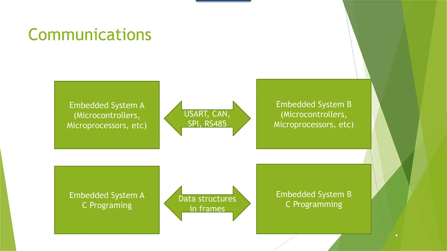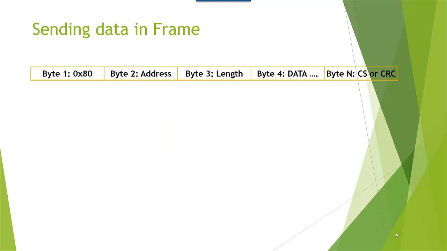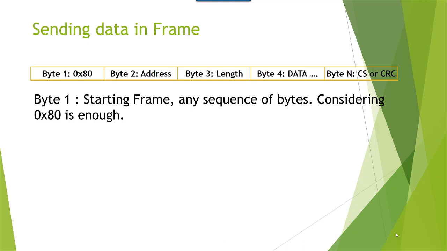At first, I construct a simple frame and then describe the ways data can be put in the frame. These ways can be utilized in similar situations. Consider the simple frame here. Byte 1 is the start of the frame. Any sequence of bytes can be used as the start of the frame, but consider, for example, 18 in